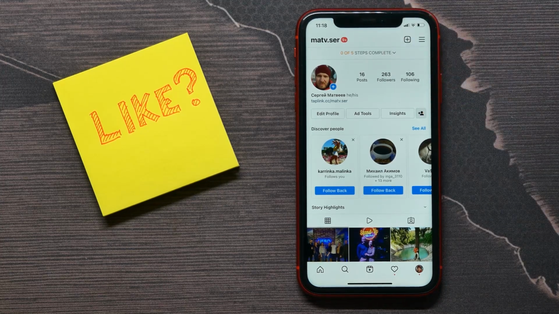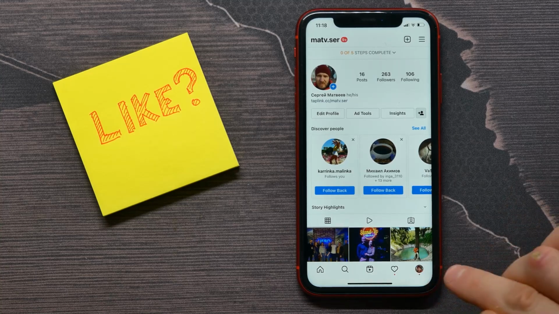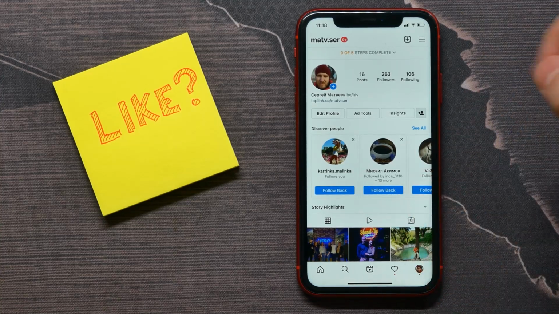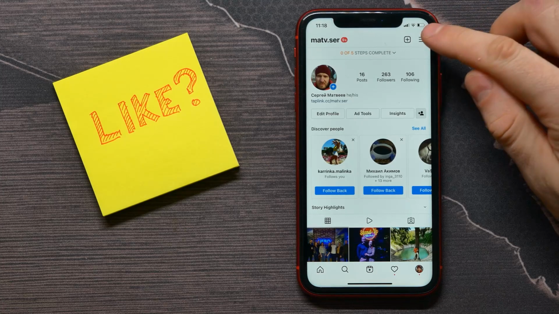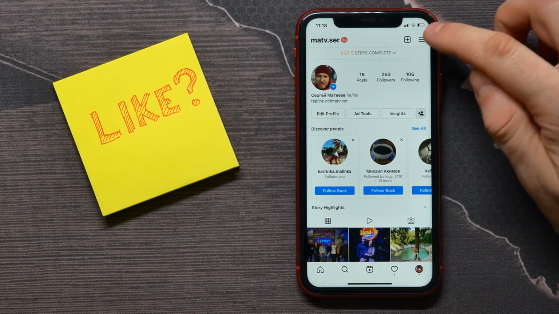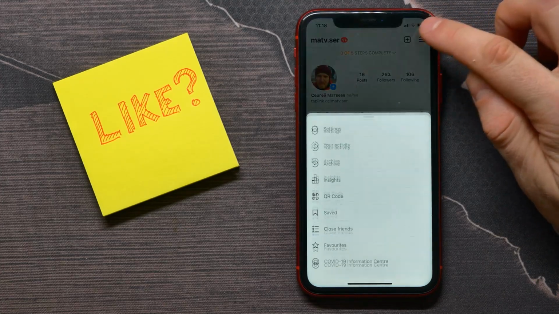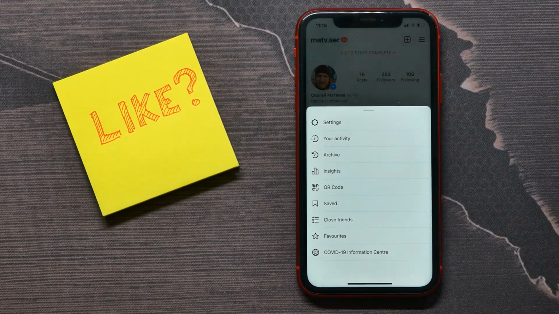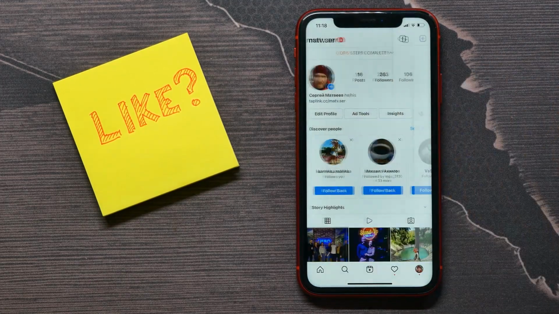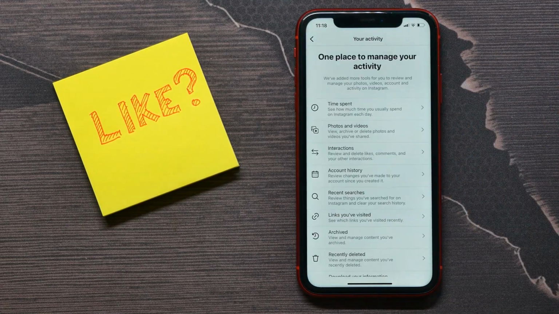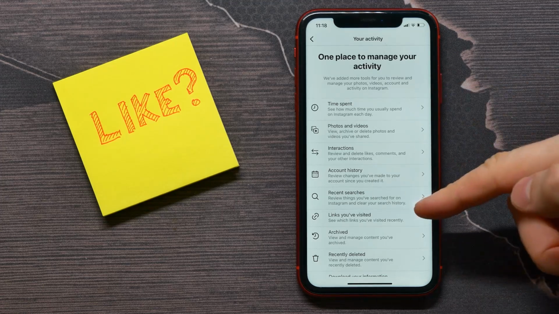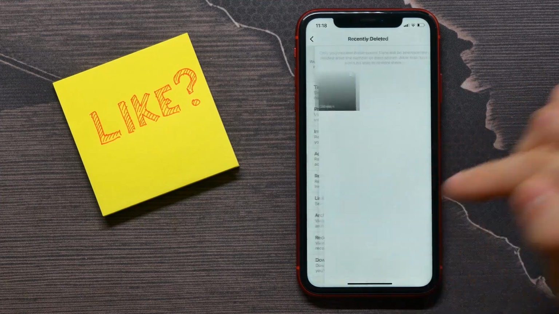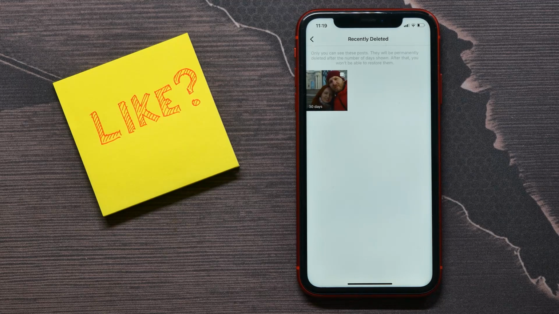First, open up your Instagram application and then tap here at your profile icon to get in your profile. And then tap on these three lines icon to bring up that menu, and here select your activity. After that, in that list select recently deleted, and here you will get all your posts that were deleted in